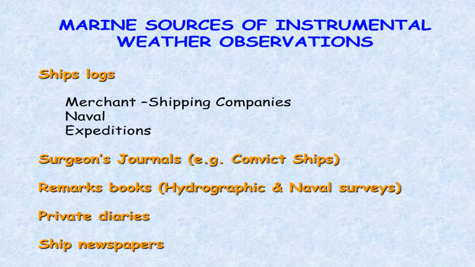From about the 1860s or so, when you start to have regular shipping lines going from A to B around the world, you find that they actually sometimes had ship newspapers. And if you're lucky, in the ship newspapers they might have had people who actually extracted the data from the log for each day or series of days on the voyage. And if you get through, you can sometimes get the full voyage from this information, pulling it all together from what's in a newspaper covering a particular voyage out and around wherever it went. And so they're quite interesting and valuable sources of data.